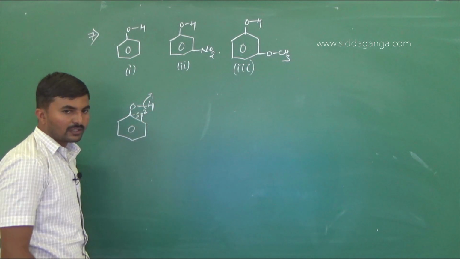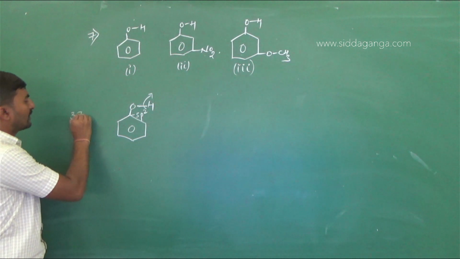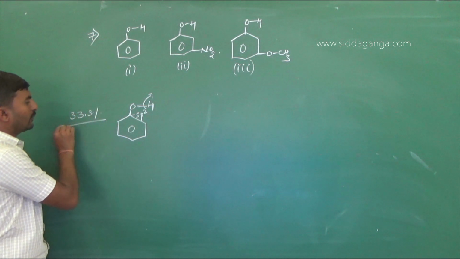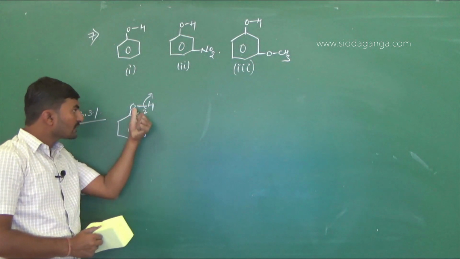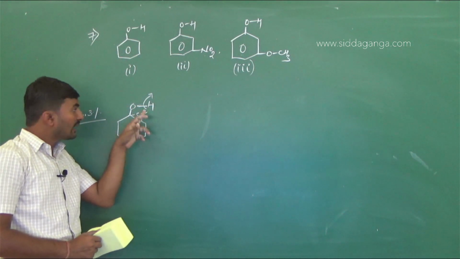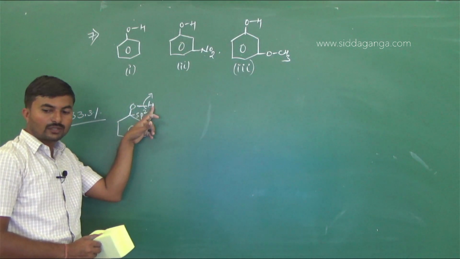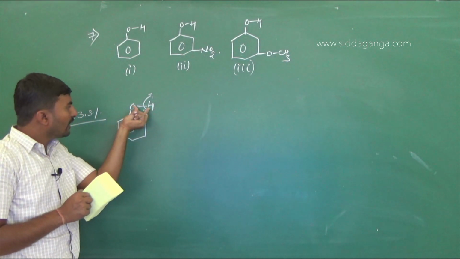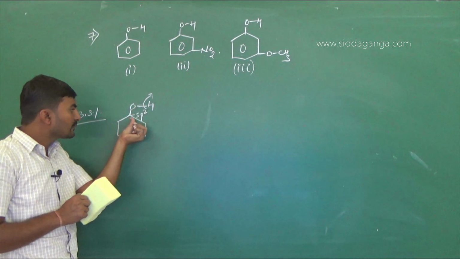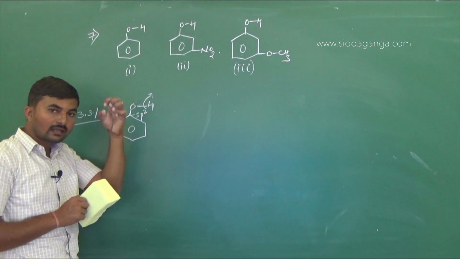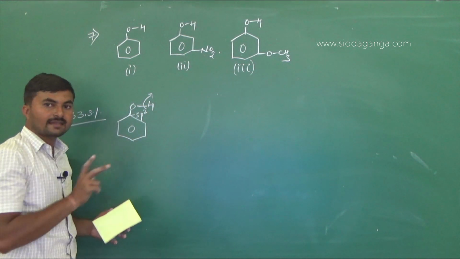Here the sp2 hybridized carbon has a percentage of S character of 33.3%. It pulls the electrons from this oxygen atom, such that the electron density between the oxygen and hydrogen atom gets weakened. The sp2 hybridized carbon pulls the electron density between oxygen and hydrogen towards itself, so this bond becomes weak, and this becomes acidic.